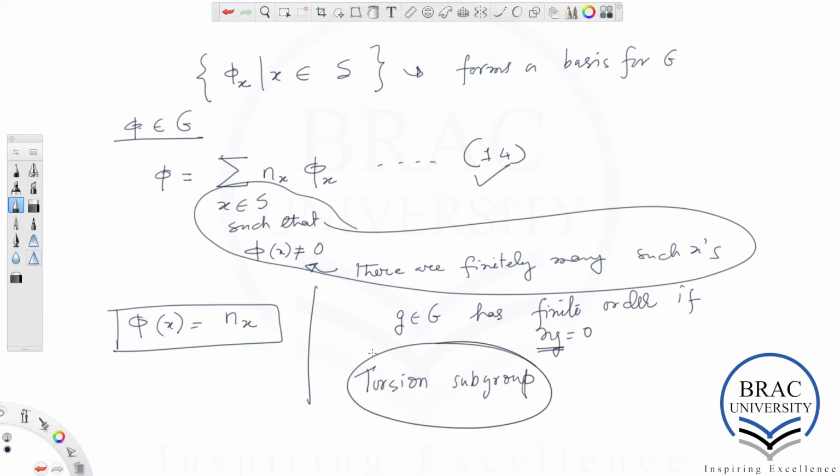So we pick up all the elements of finite order from the group, and the collection of all these elements of finite order is a subgroup of the given group called the torsion subgroup. Okay. And it's denoted by T. Okay, so if T vanishes, if there is no element in the group of finite order, we say that the group is torsion free. Okay,